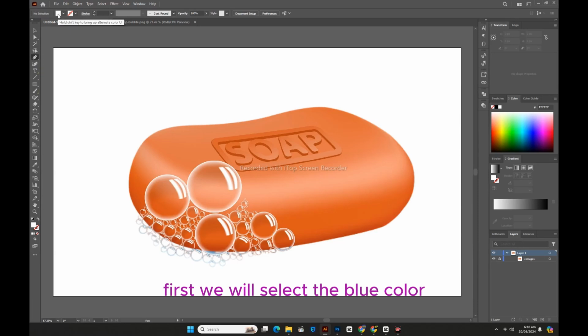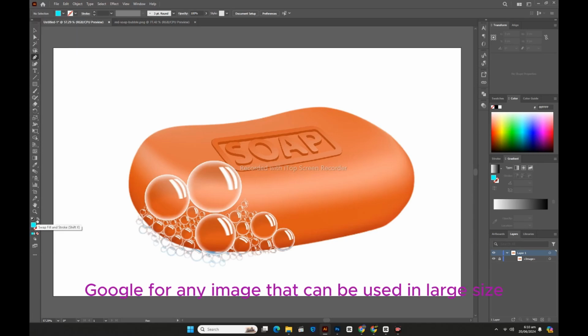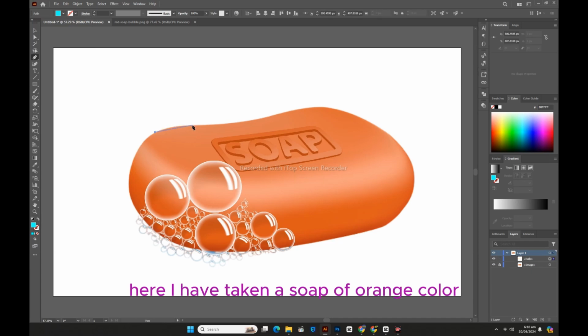First, we will select the blue color and draw the outline of the soap with the help of the pen tool. Search Google for any image that can be used in large size. Here I have taken a soap of orange color and I have locked the layer that I am creating in